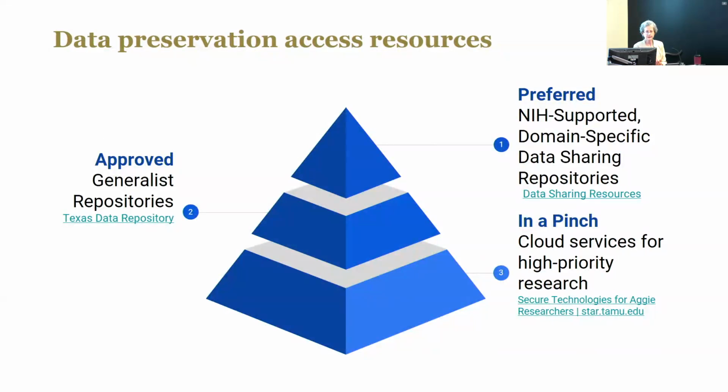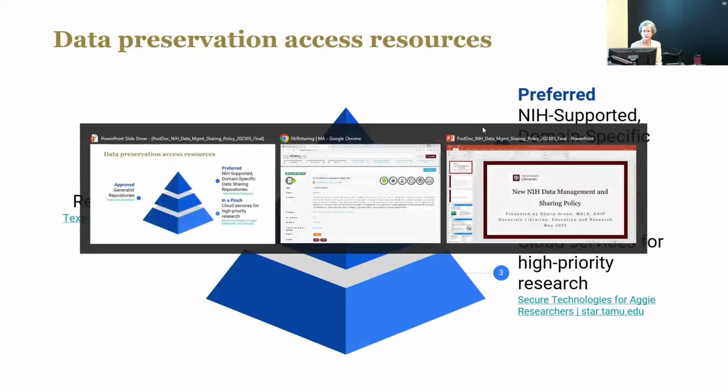The Texas Data Repository, I'll just mention, I don't think it's one that all would use, is generally for those Texas A&M researchers that don't have some other discipline-specific home for their data, so they can just put it in that repository. And then that third one is just for the one-offs where you've got vast amounts of data that no repository can take. You can work with TAMU IT. But the data sharing resources,